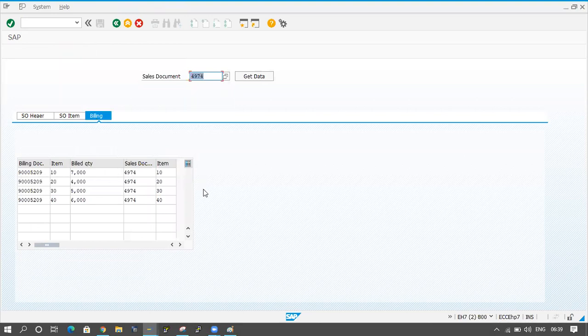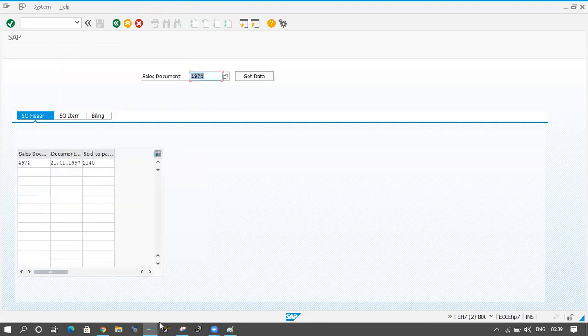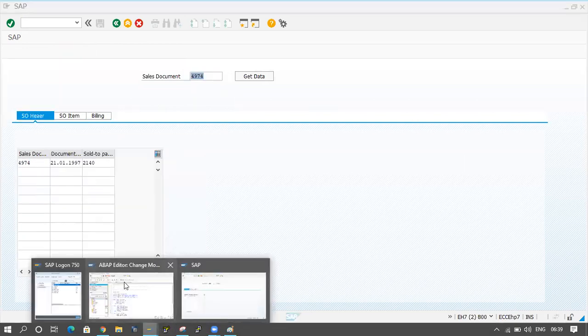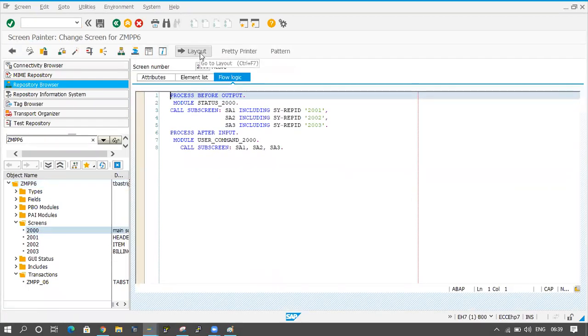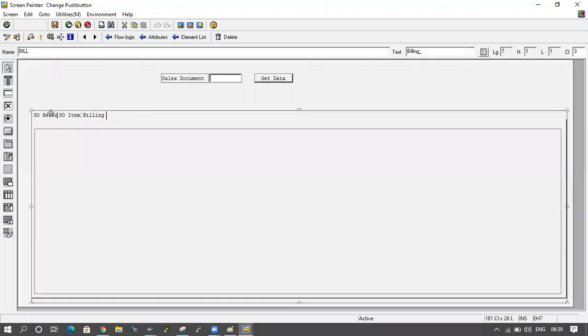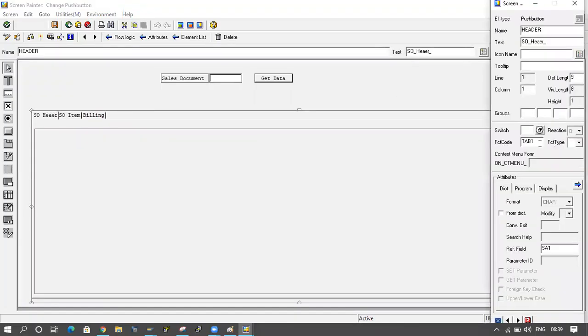So now it's working fine. It is better not to get confused here. Whenever you give the name for the tabs, check what the function code is, then just copy and paste the same function code in the name also. Then you won't be confused.